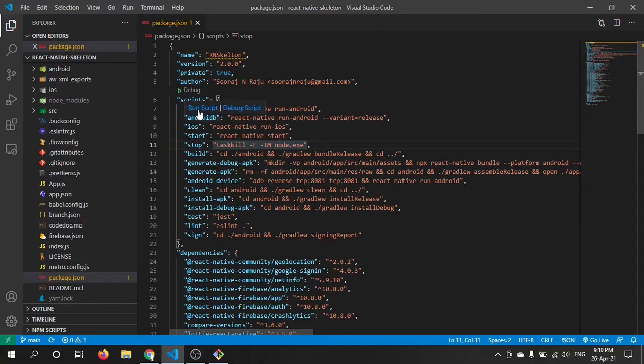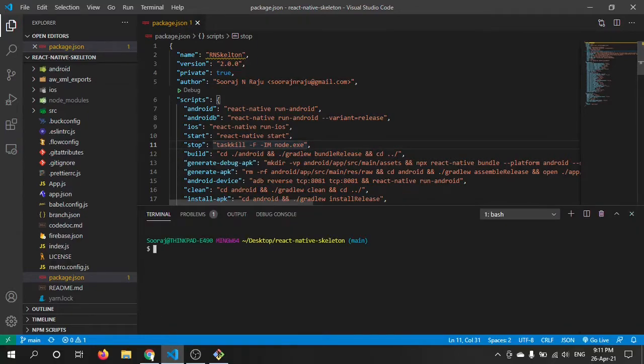But we can also run the same command like npm android or yarn android. For example, instead of running this command, which is react-native run-android, we can use yarn android or npm android.